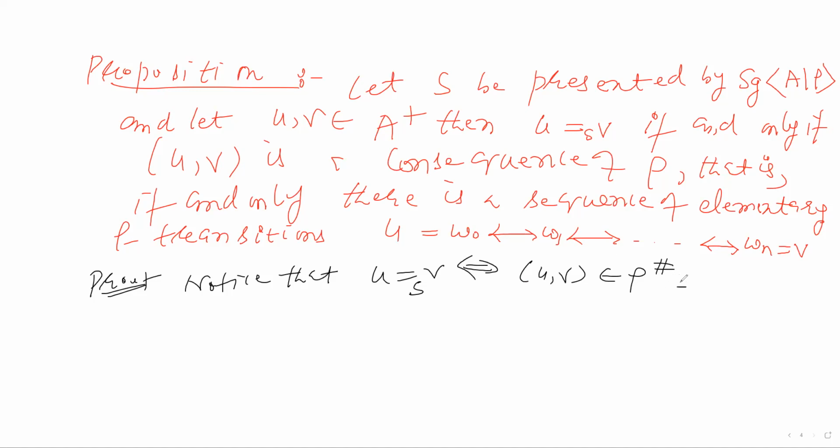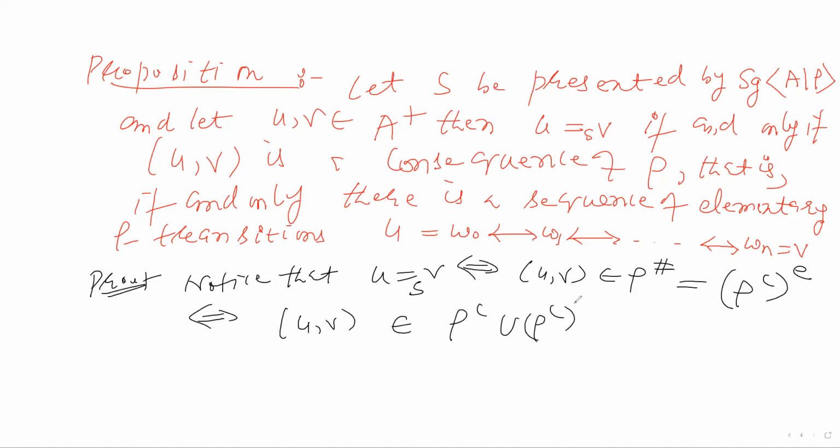And ρ sharp, we know that it is ρ^CE. So thus, this is if and only if (u, v) belongs to ρ^CE, and we know its definition. Its definition is what? ρ_C union ρ_C inverse